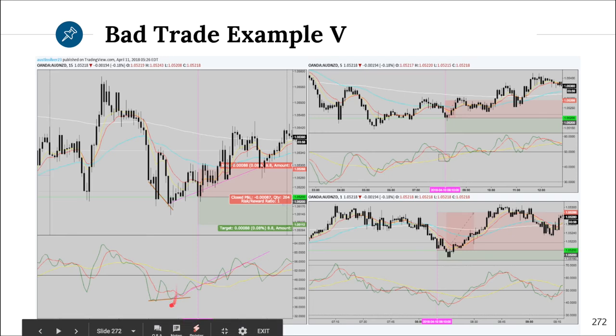One more bad trade example here. We can see this has a really nice example of what we look for to identify divergence. So we see the liquid 50 start in the buy zone, drop into the sell zone, which would tell us that maybe we're looking to go short. EMAs are saying sell as well.